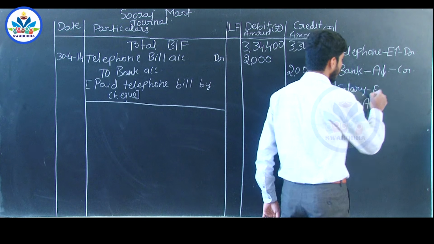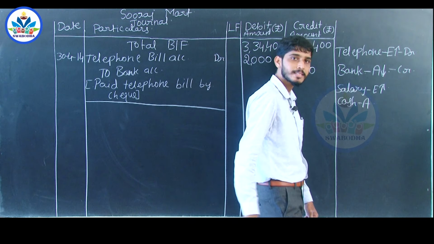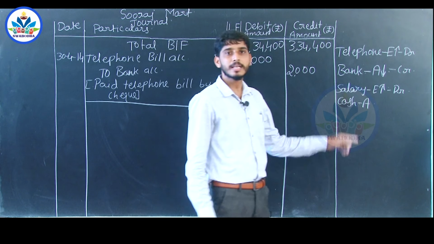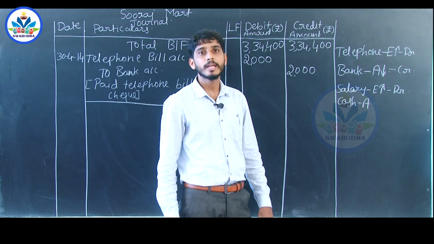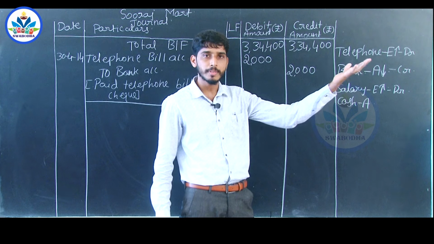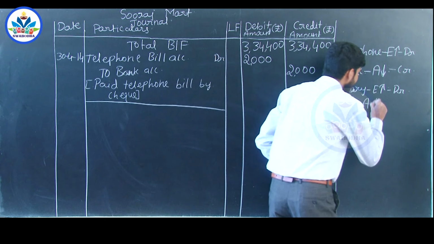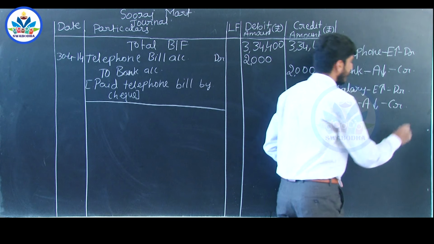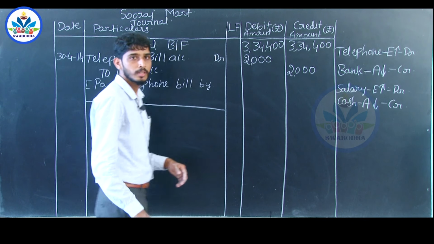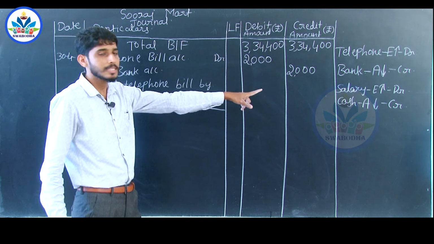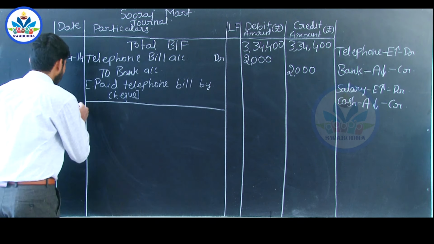Whenever you make payment of salary, your expenses will increase, and an increase in the expense has to be debited. Cash is an asset. Whenever you make payment, cash will go out of the business, cash balance will decrease. Decrease in an asset has to be credited. So, the journal entry will be salary account debited to cash account.